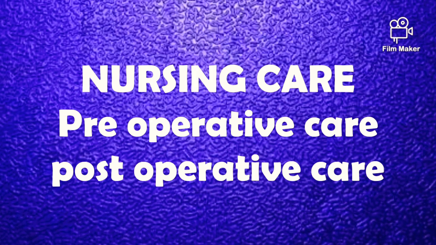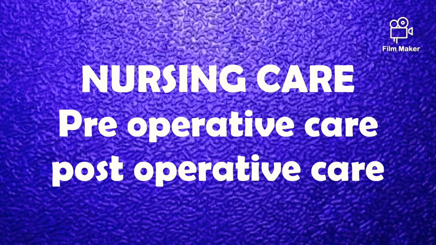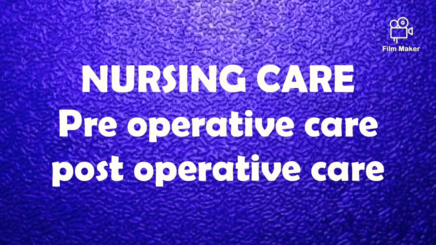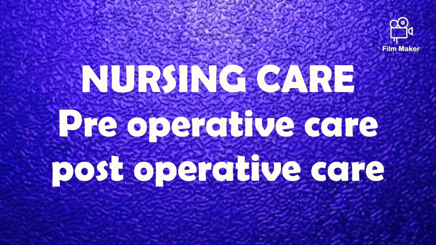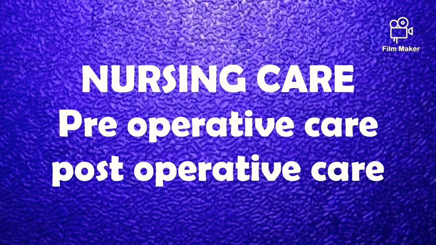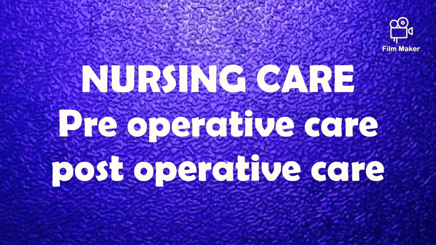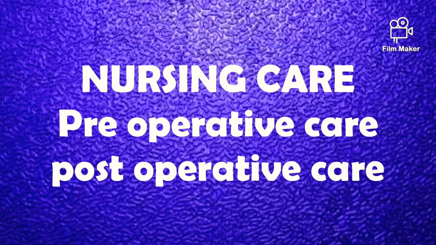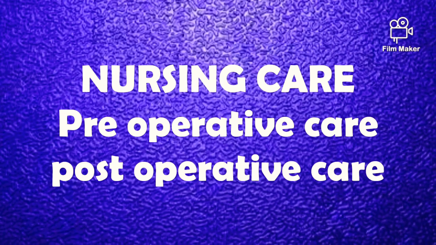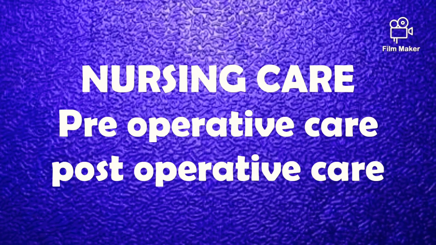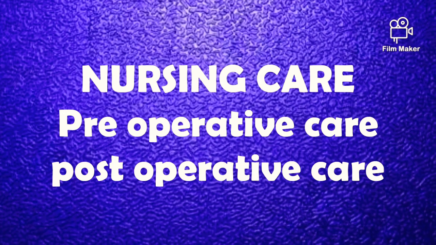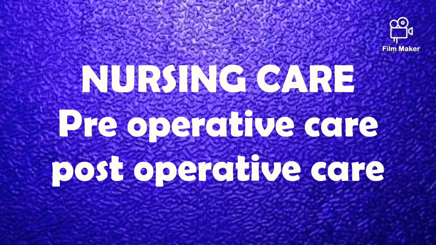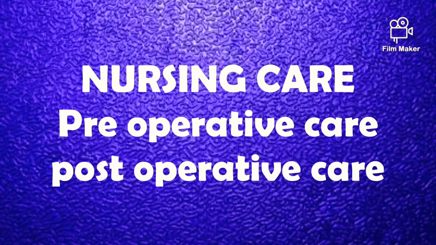Then postoperative care. The nurse measures the output of every individual catheter and records the amount separately. Care must be taken to prevent contamination of the catheter. The nurse should check for any blockage in the catheter, any kinks or twists. A blocked catheter must be irrigated with normal saline. The infant's hands should be restrained so that he doesn't pull out the catheter.